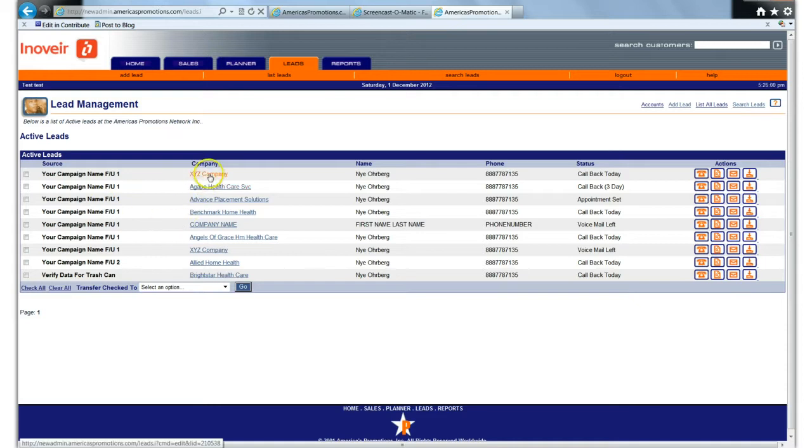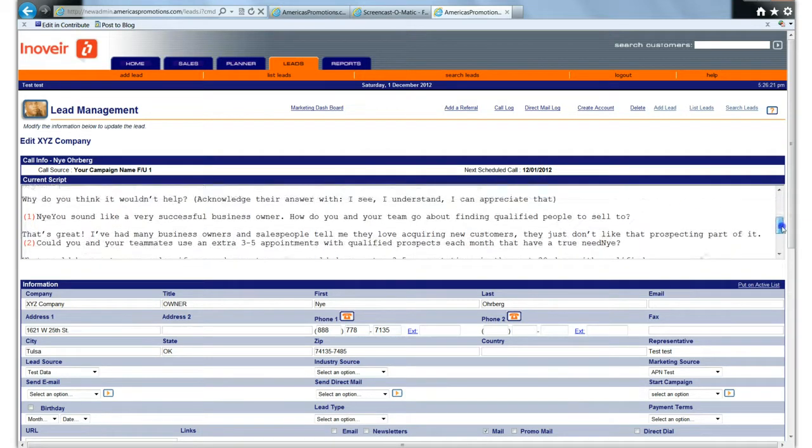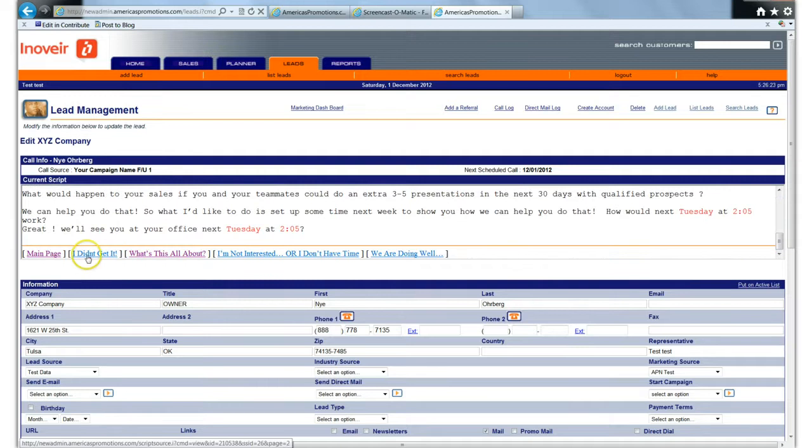Now what I'm going to do is just click here on the very first company at the top. And once we do that, you'll notice here that it says call source, your campaign follow-up 1. It'll also show the time and the day when you're supposed to make this call. So it's automatically going to show you when you're supposed to make those calls. You also will notice a script that you can use for making this call. And then any objections that you're going to hear should be right here hot linked at the bottom,